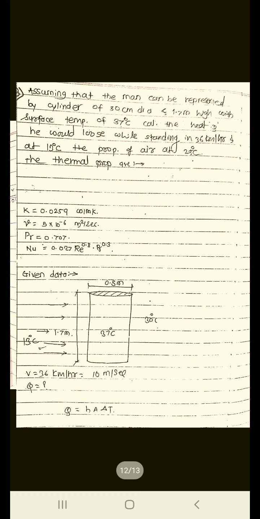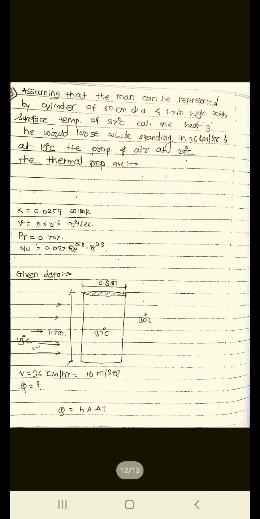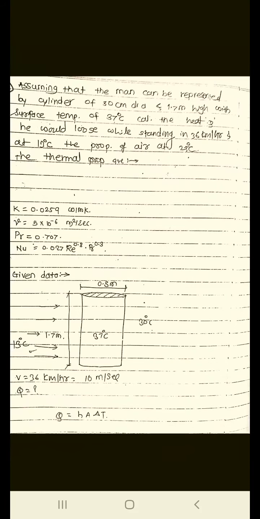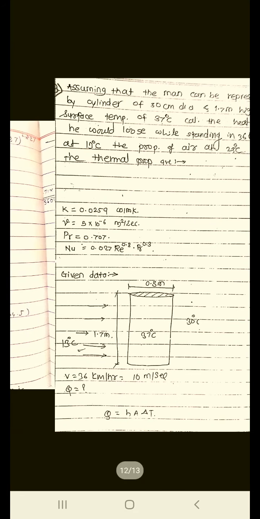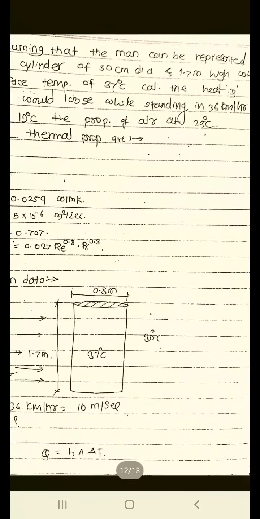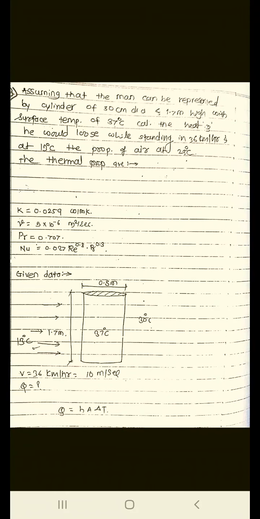Now we will move towards the third problem. The problem is given as: assuming that a man can be represented by a cylinder of 30 cm diameter and 1.7 m high with surface temperature of 37 degrees Celsius, calculate the heat he would lose while standing in wind at 36 km per hour at 13 degrees Celsius. The properties of air at 25 degrees Celsius are given: thermal conductivity, nu, Prandtl number, and the